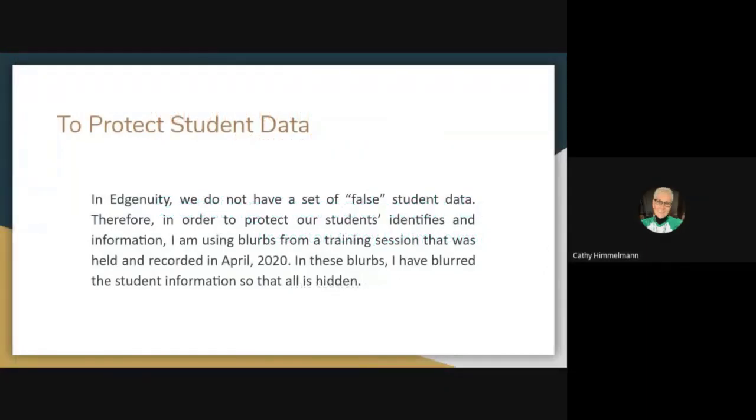So today's session is going to be a little different than what we have been doing. In order to protect the student data, in Edgenuity, we do not have a set of false student data. So if I were to go into Edgenuity and show you all of the items that you need to see, I would not be able to protect the students' identities and their information. You would see any grades that they received, you'd see their SIS number and their names, and we don't want